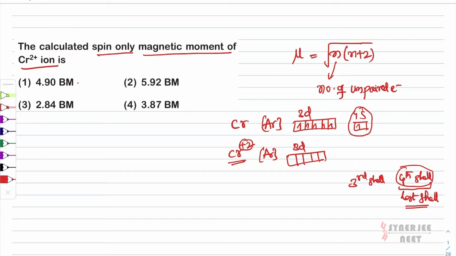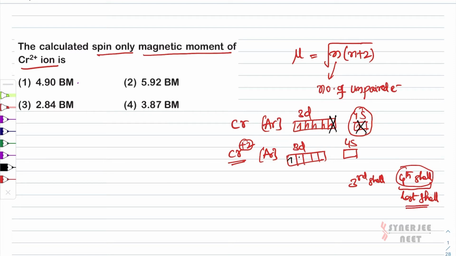See, if you remove an electron from 4s, it becomes 0, there is no electron here, and the next electron you have to remove from the 3d, because after removing the fourth shell electron, no electron is present in the fourth shell, then you come to the third and start removing electrons from the 3d. So first you remove an electron from this, and second from here. Here it does not matter from where you remove, because all are same energy electrons. So it does not matter which electron you remove.